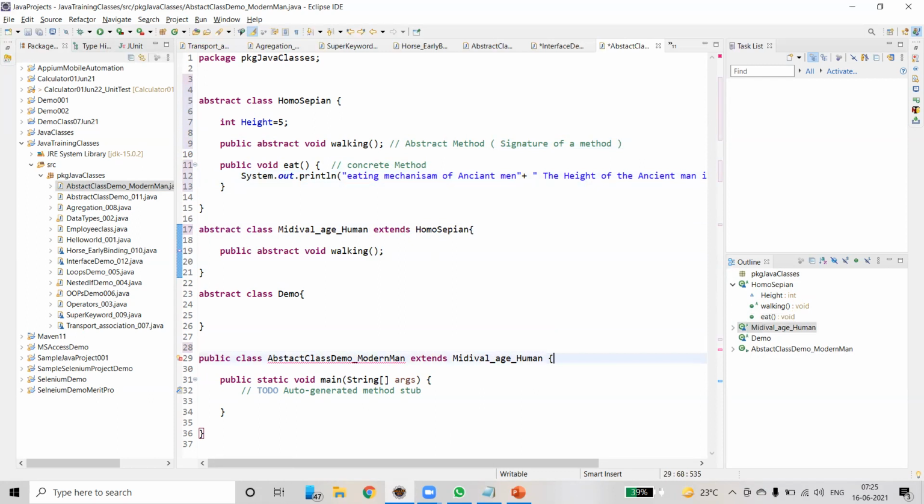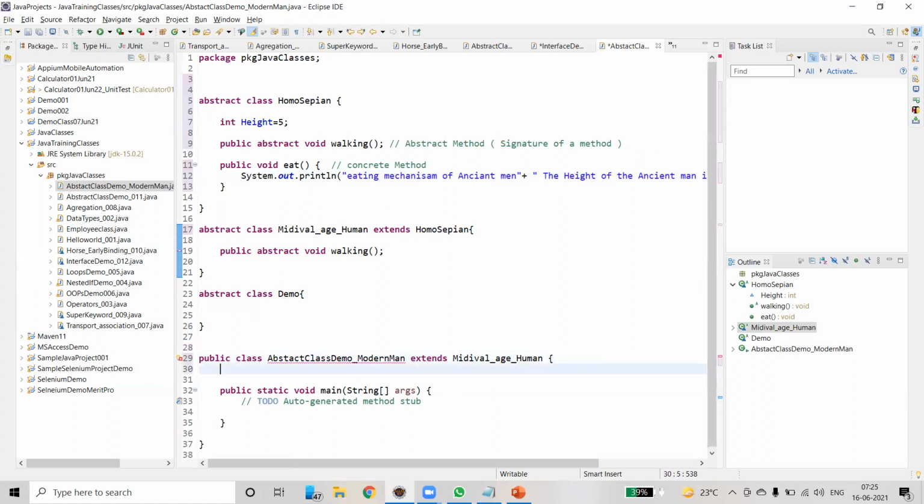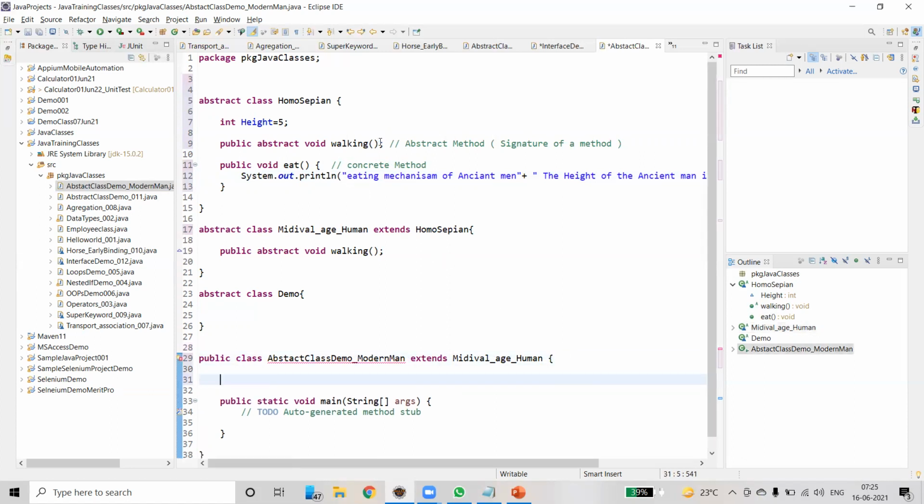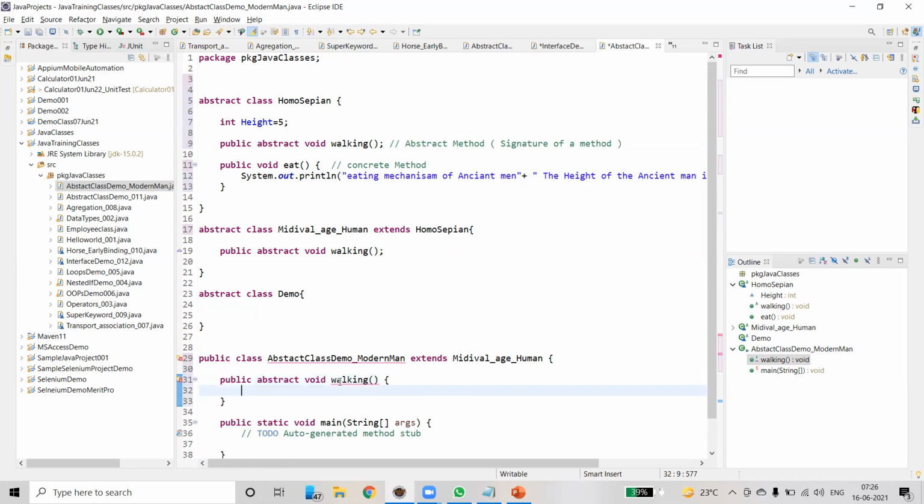There's another method here, and we have extended here. Hence, this is our responsibility to implement. How to implement now? Tell me. So abstract walking. Now you can remove the abstract keyword, and you can implement it. Abstract method does not specify a body, right? Remove it. Now the error is gone. So what's the implementation? This is the implementation for modern man.